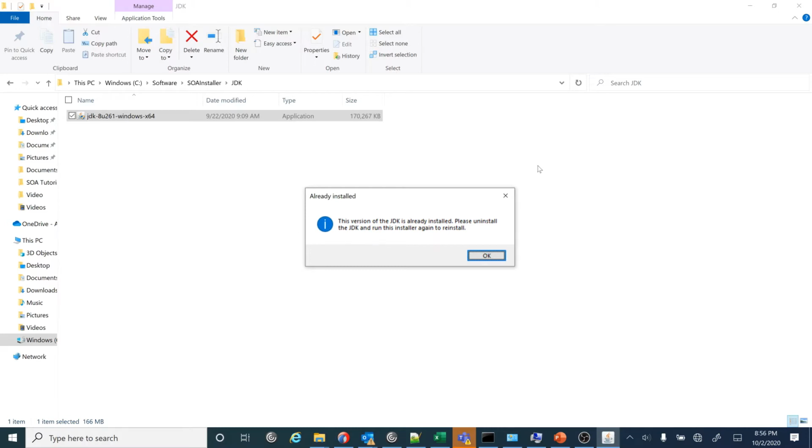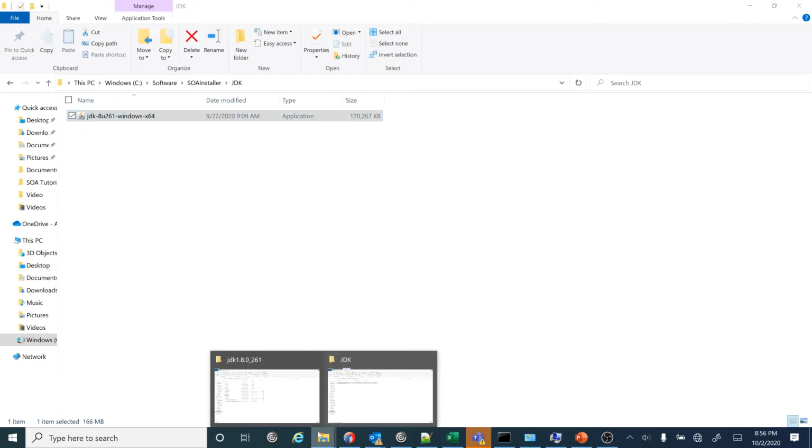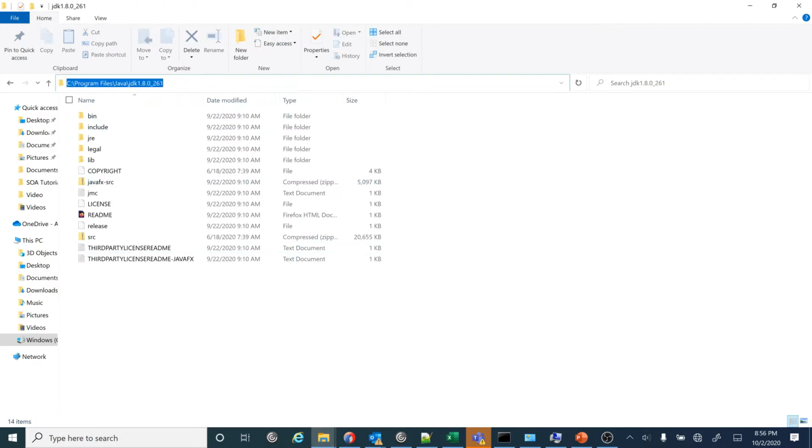Once you accept the agreement, the installer process will start, and after finishing the installation you can click on the finish button at last. Since I have already installed, so I'm not able to show you in the wizard, but that's the only process which you need to follow for the installation. So let's say our installation is completed, and hopefully maybe you have selected your own directory to install this JDK, but for me I have selected this directory to install this JDK version in Windows 10.